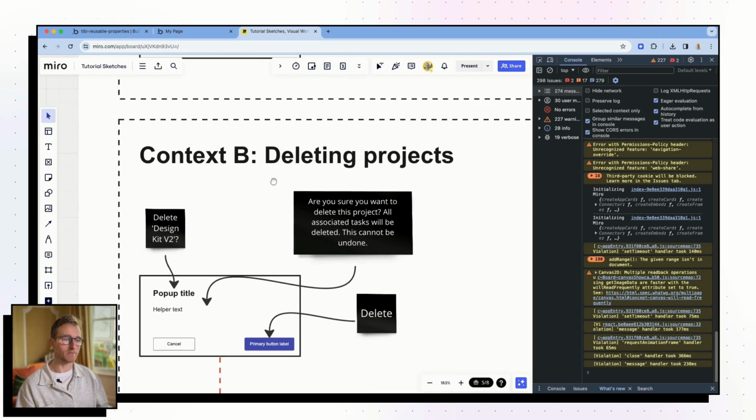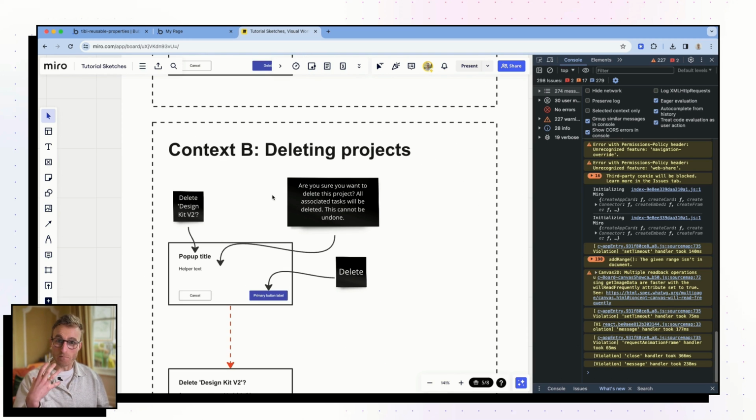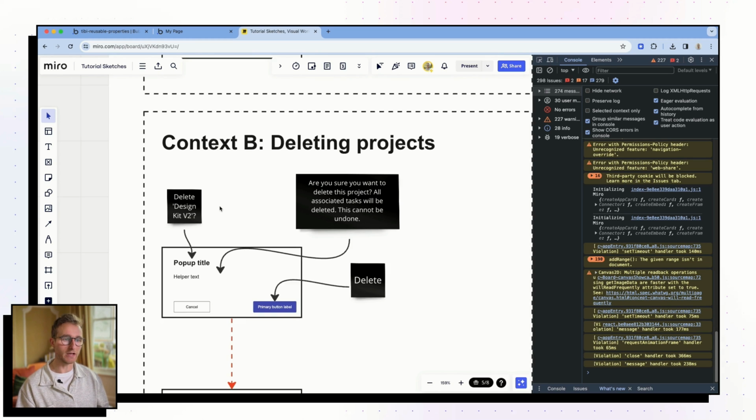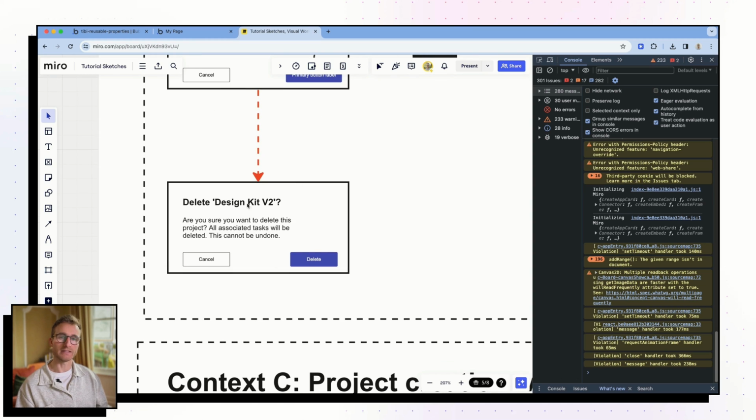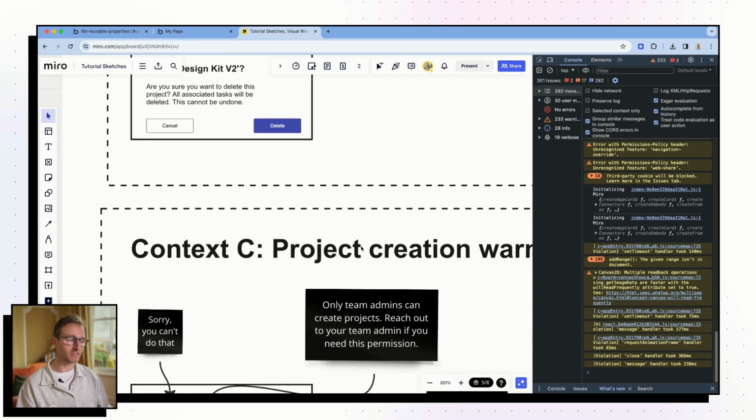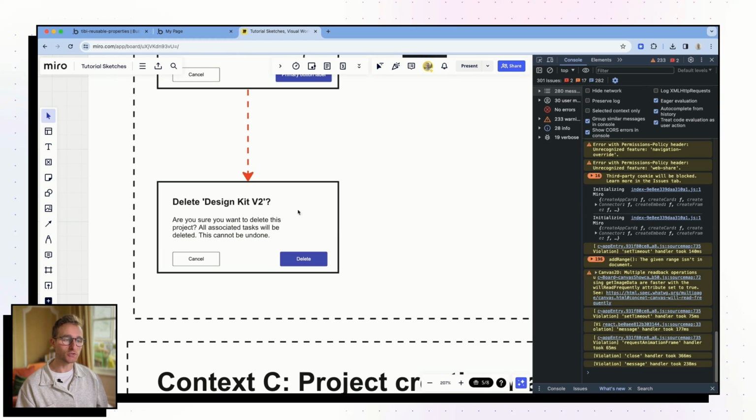And of course, we can do the same thing in a different context. That's the beauty of using reusable element properties, of building things in a modular way. We're going to feed different values depending on the context. Now we're deleting projects, so the label is going to be slightly different. The primary button label is going to be the same, but the helper text is going to be slightly different. So we see a slightly different pop-up. And then really, to take this to its full potential, this feature means we don't necessarily just have to use this pop-up for deleting things, right?